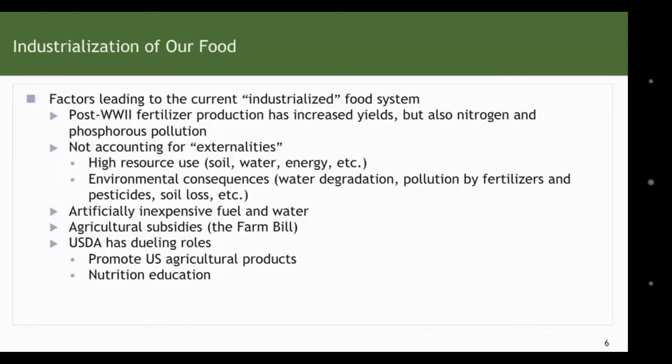financial incentives. The USDA is caught in an awkward situation of having dueling roles. On the one hand, its main purpose has been to promote U.S. agricultural products, exports, and has been an important part of minimizing our balance of trade deficit for the last 30 or 40 years. Another section of the USDA is responsible for developing the recommended daily allowances of foods for the American diet and providing nutrition education. And as we'll see later on, the policies that are promoted by these two branches of the USDA are frequently